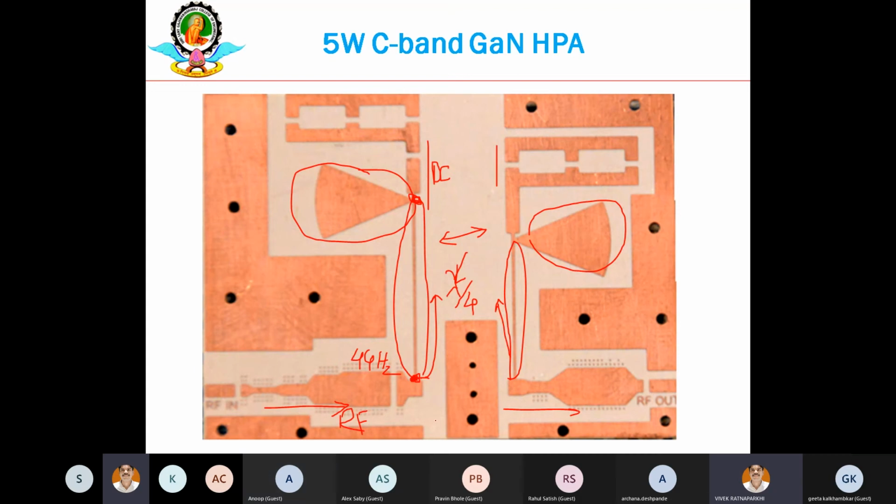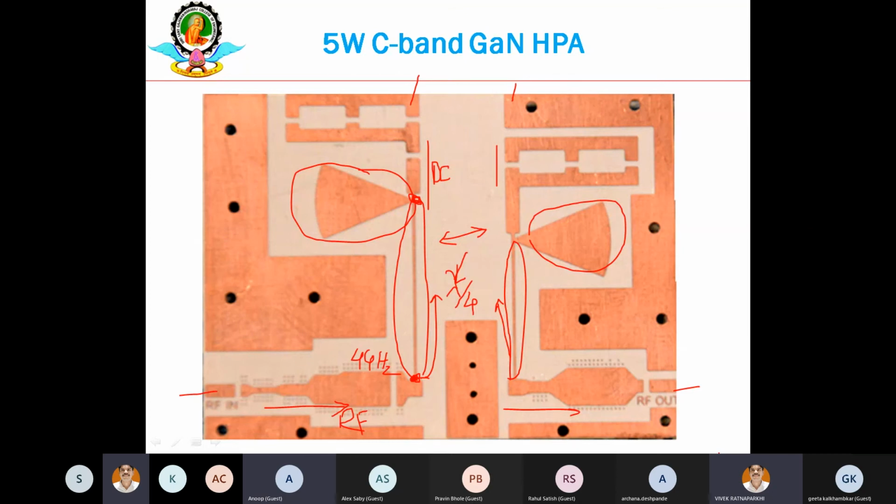Maybe you can take help from an industry person. Then you have to fit the connectors to the input and output side, give proper DC voltages to the DC lines, and make your circuit ready. Generally, mount it on an aluminum bar, which can take care of the heat sink requirements, and you can go ahead and test it in the laboratory.